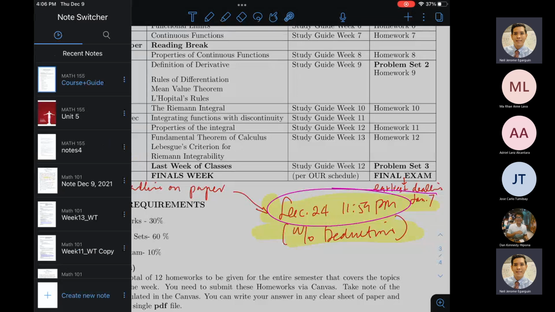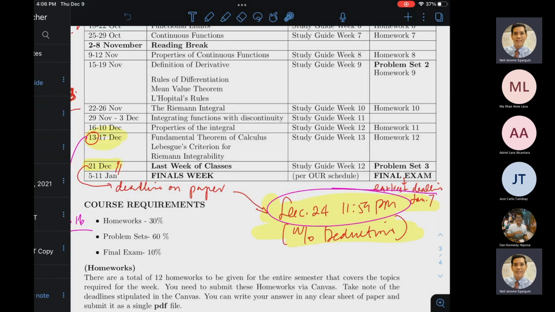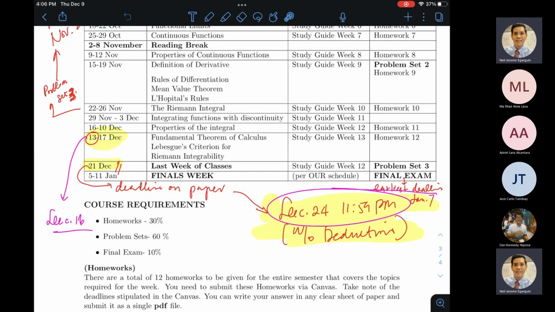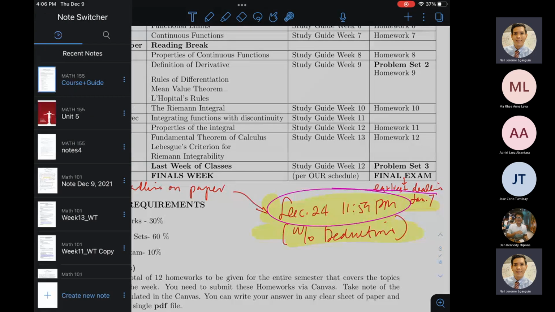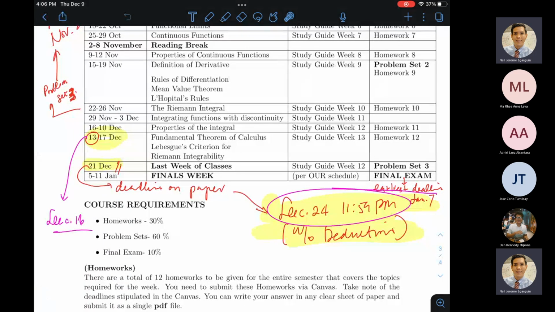Unfortunately, medyo napasarap yung bakasyon ko. So I was planning na during the evening, kung wala nang mga ganap dun sa vacation ko last time, I should have started grading problem set number 3. But unfortunately, hindi ako nakahanap ng free time. So I'll try to grade problem set number 3 probably over the weekend so that you get immediate feedback for it. Hopefully by Monday, you will get your scores in problem set number 3. Okay?